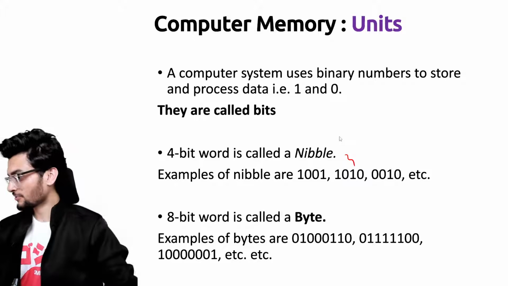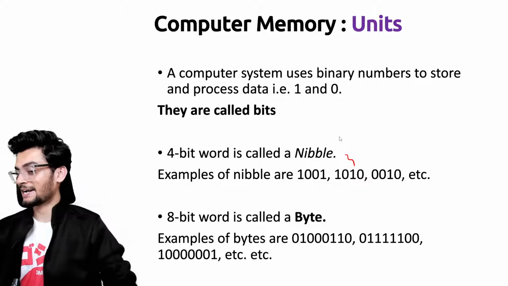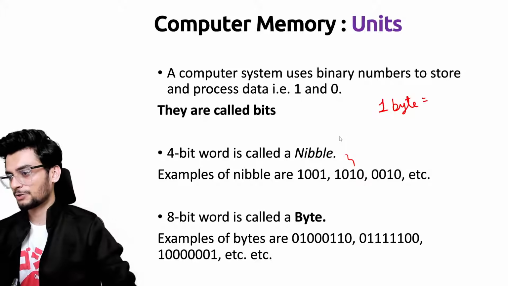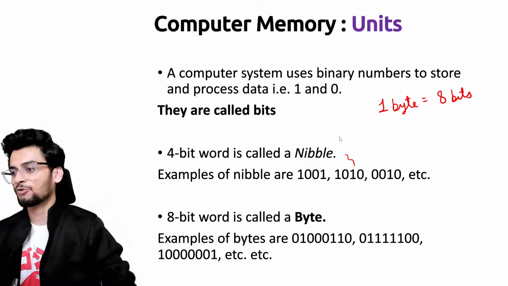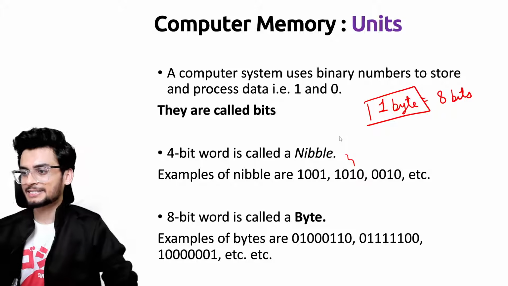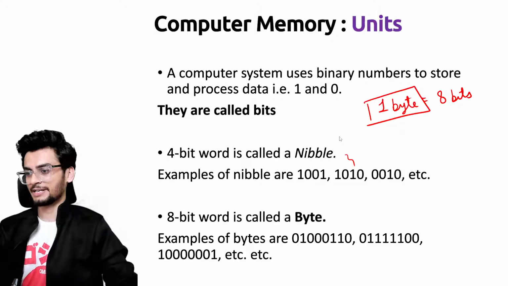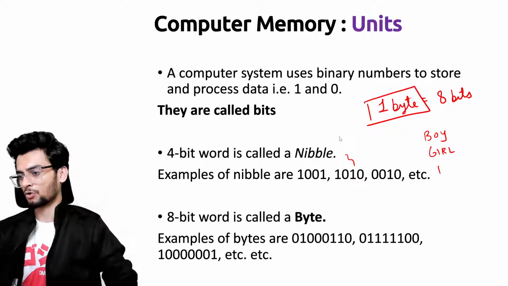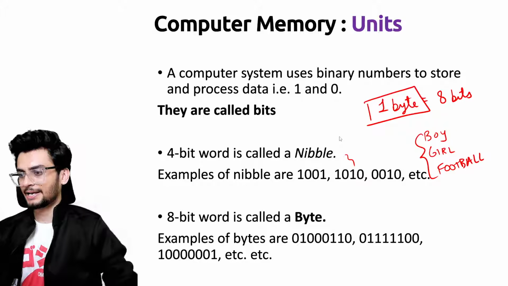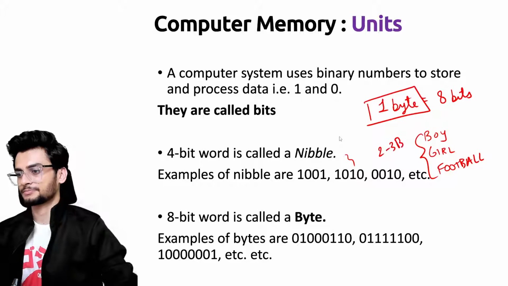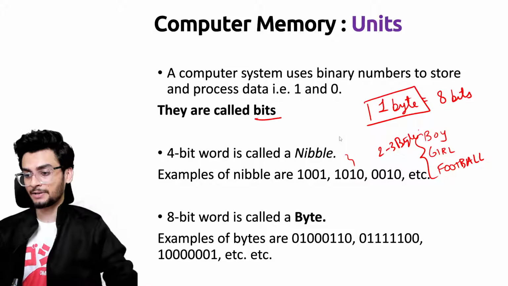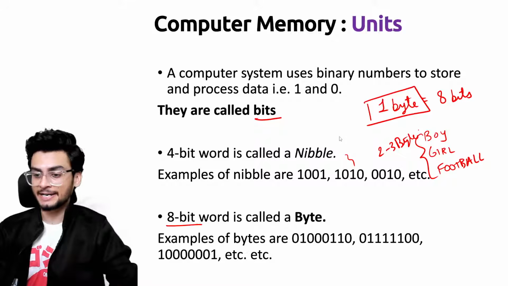Right, so the question was, what is the relation between bits and bytes? So now 1 byte is equal to 8 bits. That is how we define 1 byte. ठीक है, generally क्या होता है, हम लोग बोलते हैं कि एक word, if I am writing something like boy और if I am writing something like girl or maybe football, these alphabets or these words can be stored in about 2 or 3 bytes. ठीक है, so now the basic unit is bit, but हम लोग धीरे धीरे multiples देखेंगे इसकी. 8-bit is known as a byte,